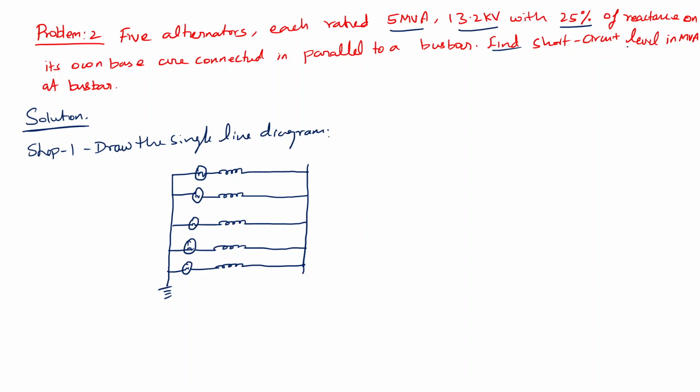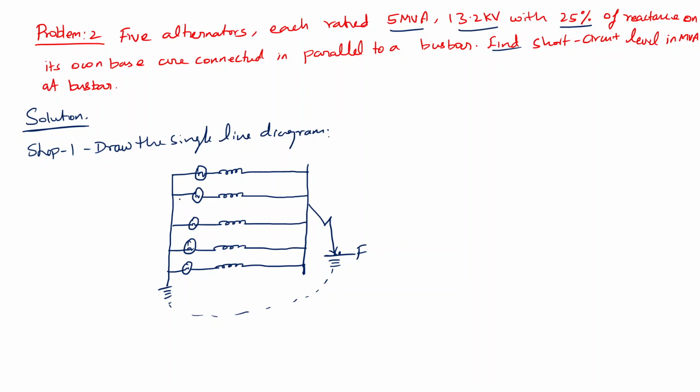short circuit level. Okay, short circuit level or short circuit MVA, both are same, at the bus bar. So this is the bus bar we are considering, right? In this bus bar they want to find out the fault. So fault point is here. Simply I will write F. F means fault point. Okay, so this is the system they have given.